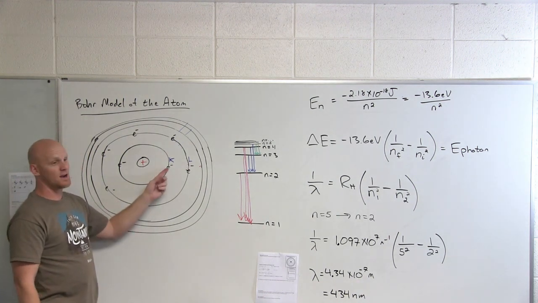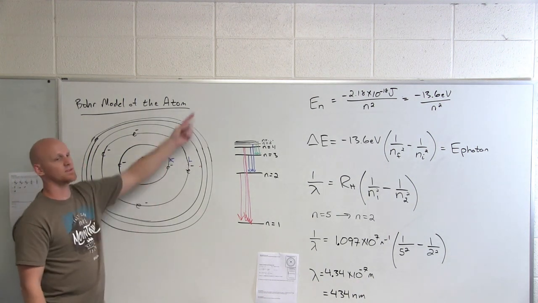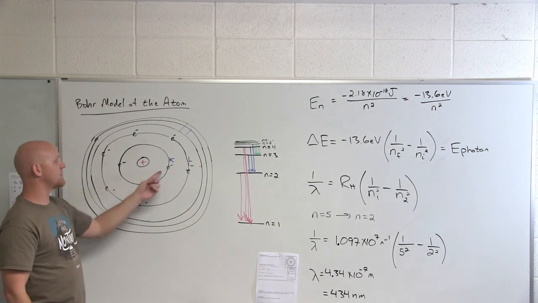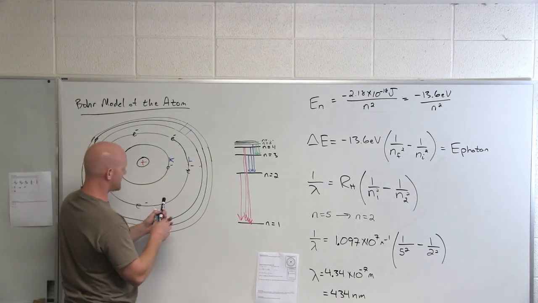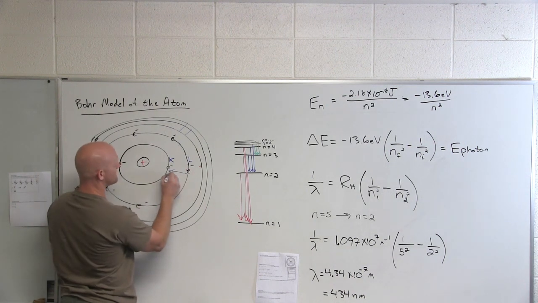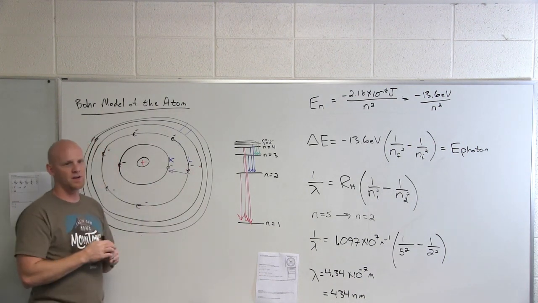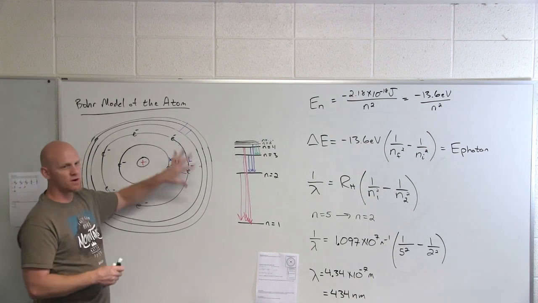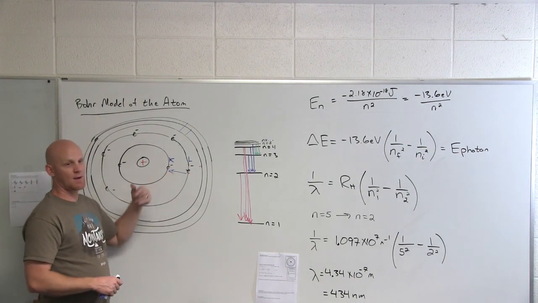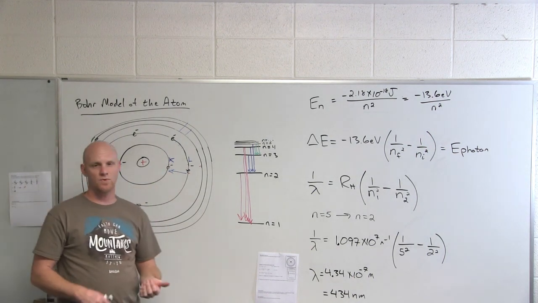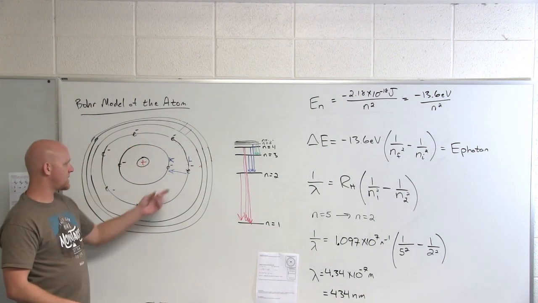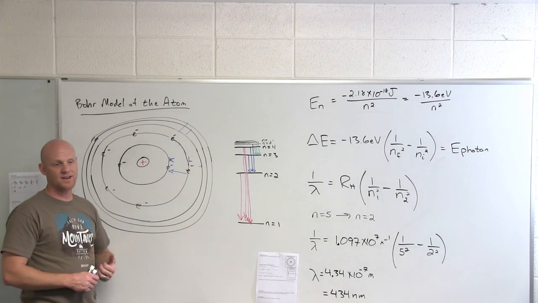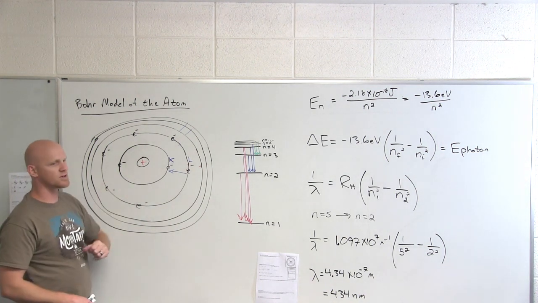In the K. And all of a sudden, because we knocked that electron out with a high intensity beam of electrons, that position is available. And so this lovely electron from shell number 2 has a chance to drop down to shell number 1. And it turns out for some of these larger atoms, that drop in energy happens to correspond to the energy of X-ray electromagnetic radiation. And so this is how we can get certain materials to emit X-rays. We just knock an electron out of the core.